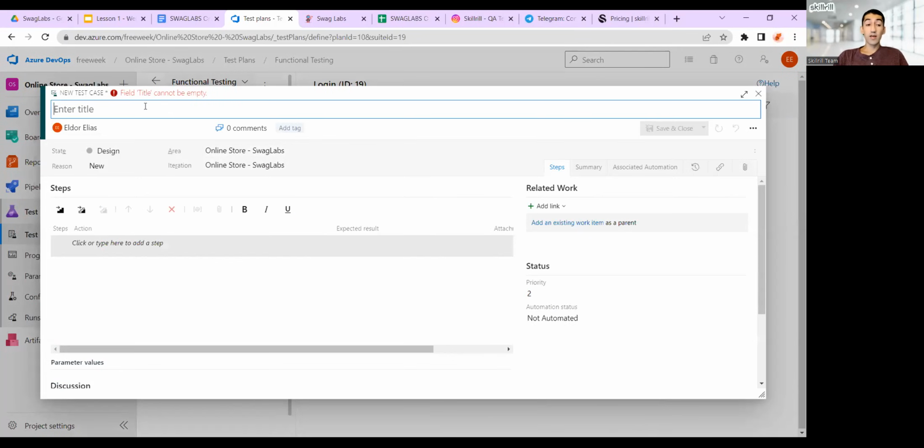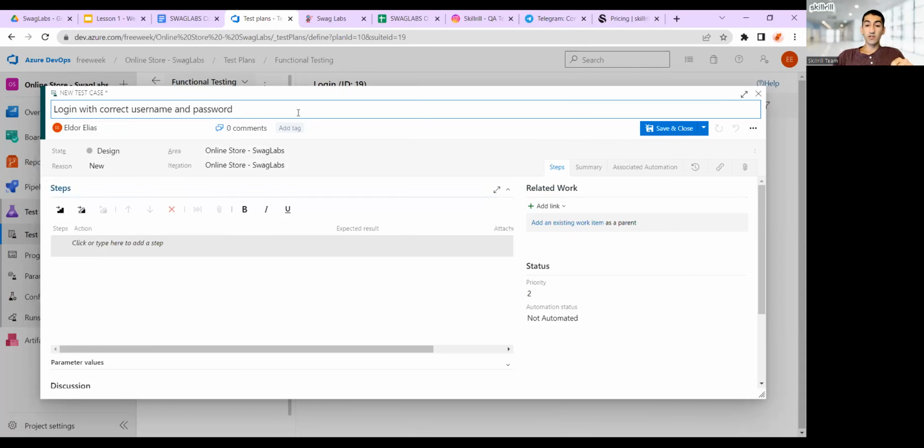Your first step would be to give a name to your test case, right? So we're just going to name it login with correct username and password. Some people like to put verify, check, or test in front of it, but I try to keep it clean, and I follow the pattern called action plus object. You start with the action like login, and then log into what or with what. So you just mention login with correct username and password.